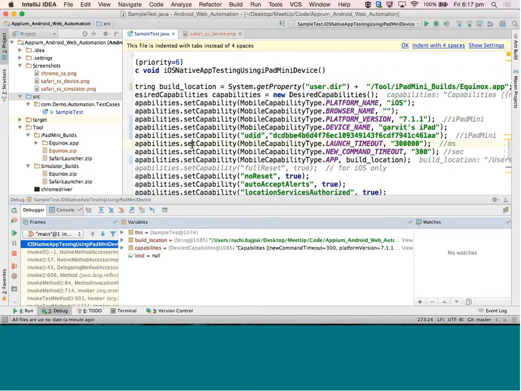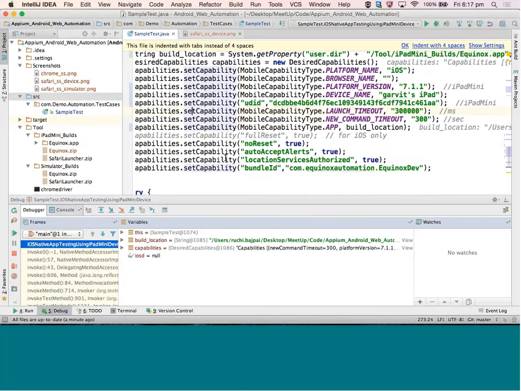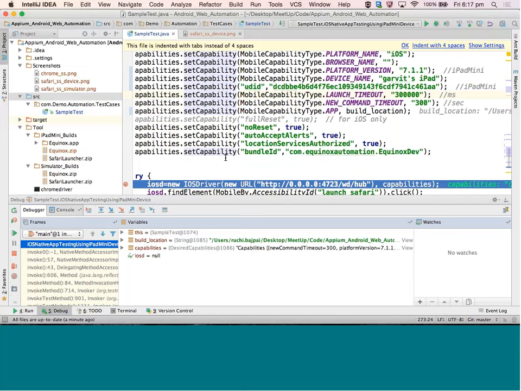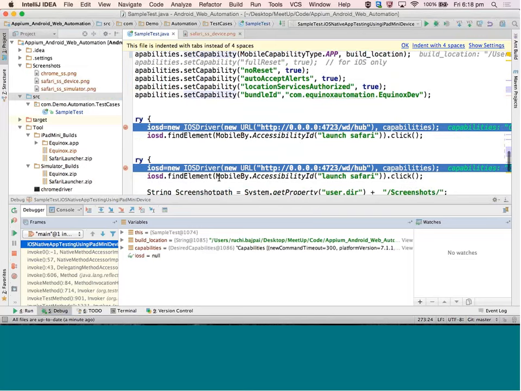And that's it. Apart from the rest of the things, there are many more capabilities. You need to understand them in detail, like what is no reset, what is full reset, auto accept alerts. If any alert comes, it will auto accept it. There are many things; if you delve deeper, you'll get to know. So I'll simply move ahead in my code,